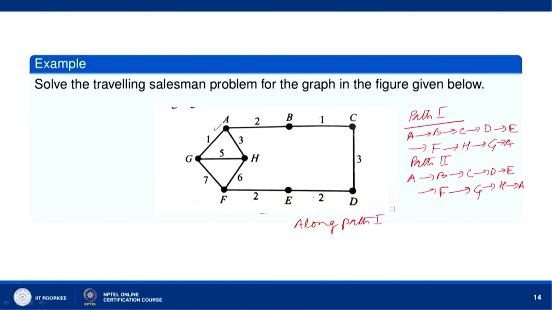The sum of weights is 2 plus 1 plus 3 plus 2 plus 2. So, after D we come to E, from E we go to F, F to H. So, we have 6 here, F to H, then H to G, so we have 5, and then G to A, so we get 1. So, this is 2 plus 1 is 3, plus 3 is 6, plus 2 is 8, plus 2 is 10, plus 6 is 16, plus 5 is 21, plus 1 is 22. And along path 2